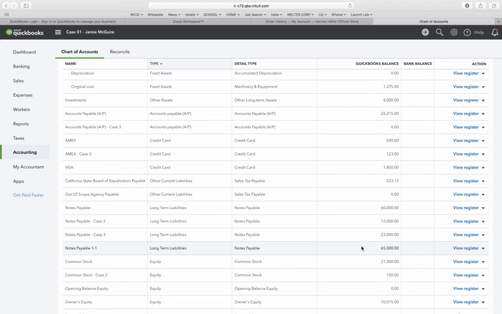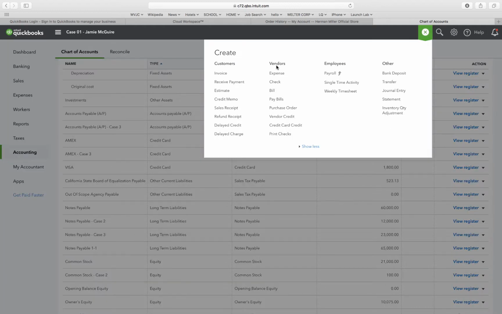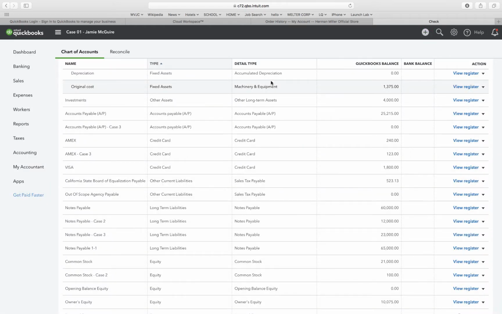We have one for $65,000 that we just created. We have one for $60,000. So this $60,000 is our original case 1 notes payable that we created. So this is the one we're going to be retiring. I just want to check and double check. So I'm going to go to create, check,